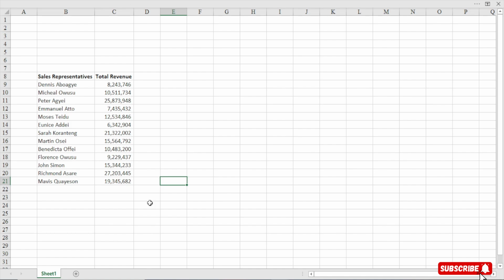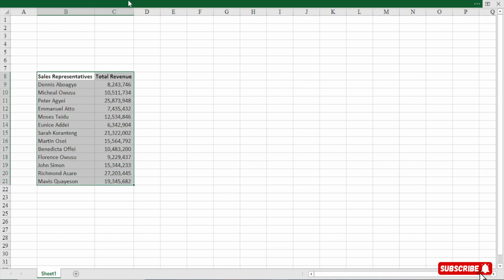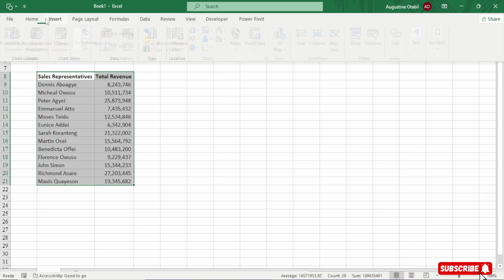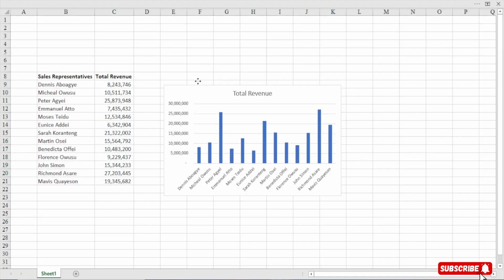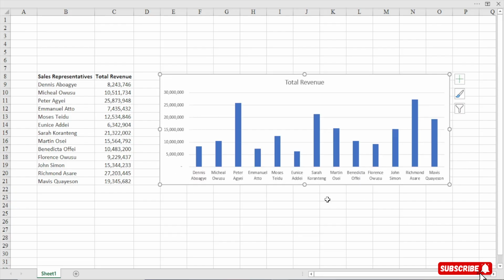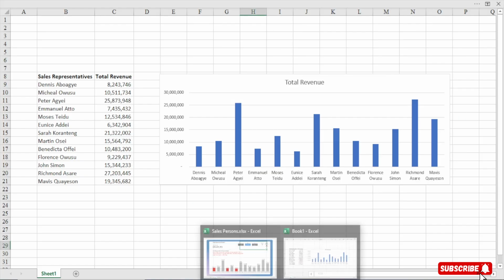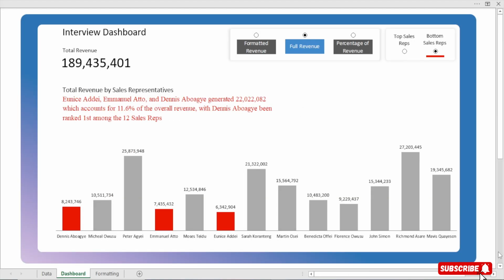As a data analyst, are you going to insert a chart like this? You come to insert, and then insert a chart like this for the hiring manager to hire you. Are you going to do this? If you are going to do this, kindly let me know. Or you are going to do this, right? You are going to use the same data set to do this, right?